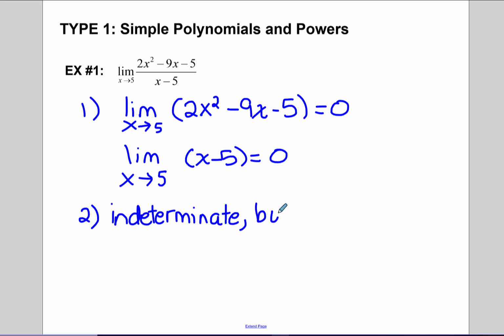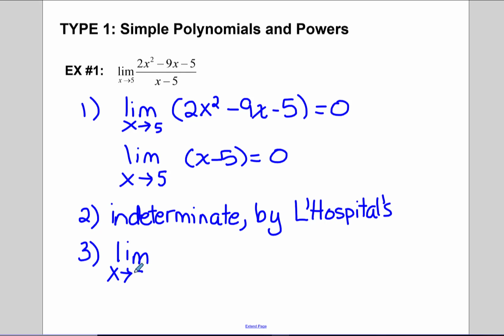And I'm going to use L'Hopital's rule. Some people just abbreviate that. Okay? So the proper notation is to write the problem 2x squared minus 9x minus 5 divided by x minus